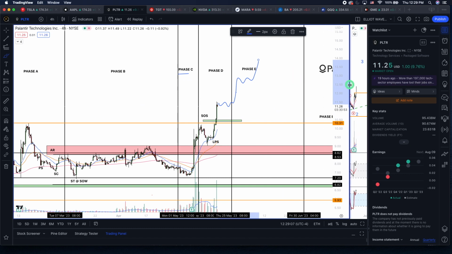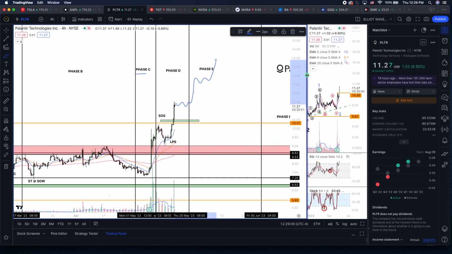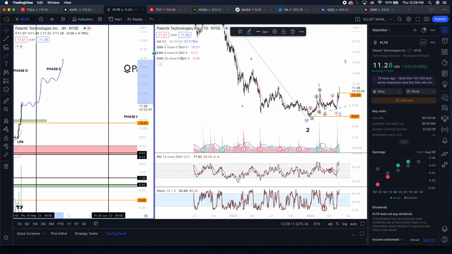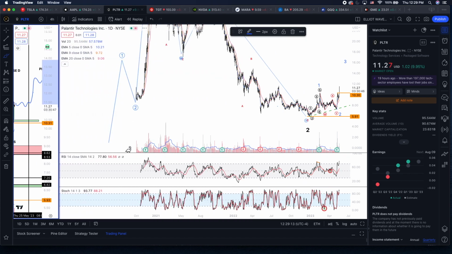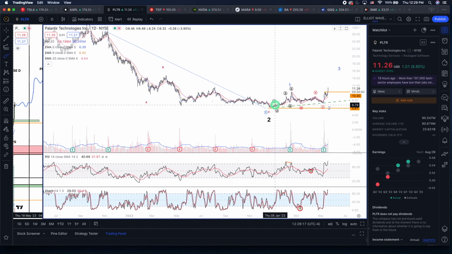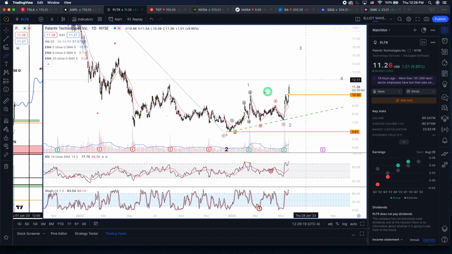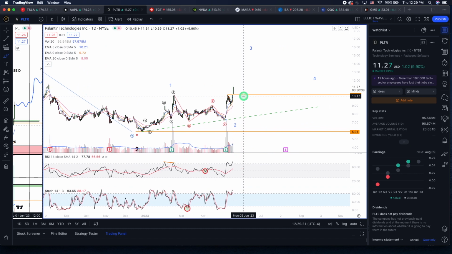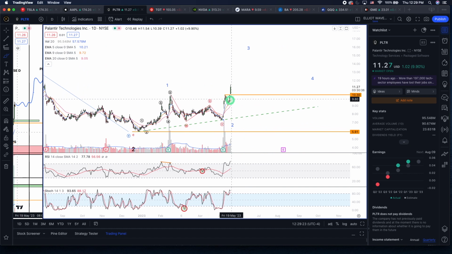Now, leaving that aside, things are looking good on that end. I'm going to use the wave theory to basically come up with a possible target for where we can move. Now, if you guys saw my first video on Palantir, I said that Palantir looked like it could be headed to $14. I still think that that is the case, and the way that I'm coming up with that is